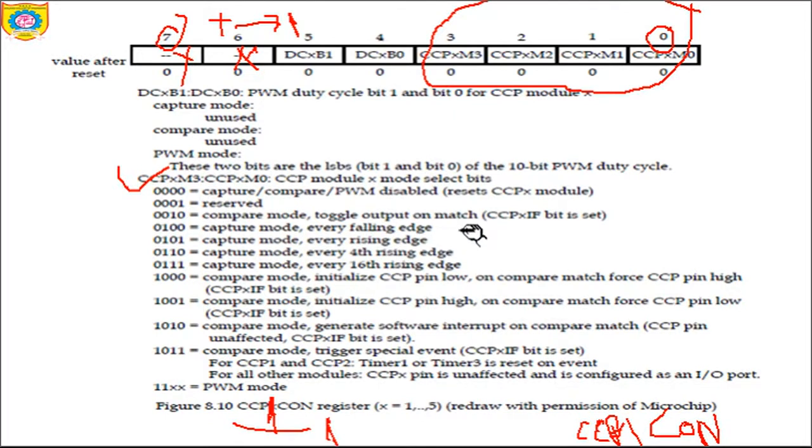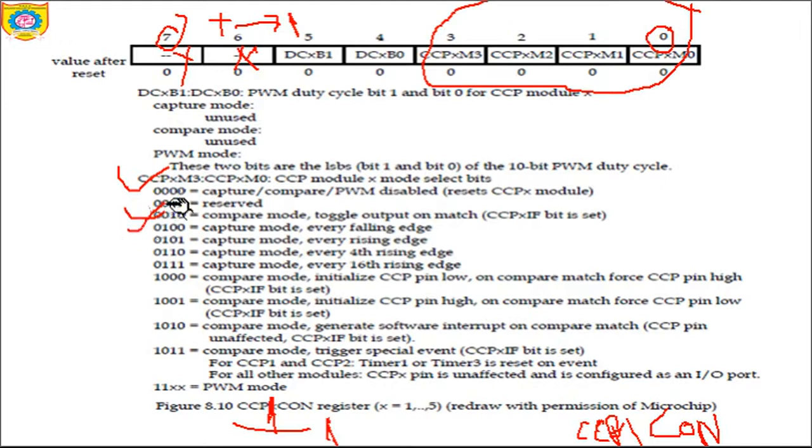In compare mode you need to match, because compare mode is basically used for on and off purposes, so it is necessary to match the register's value. So this selects a compare mode.